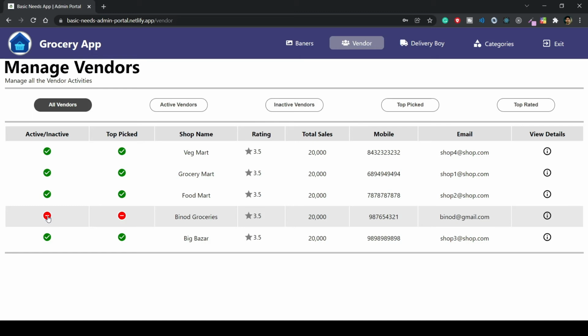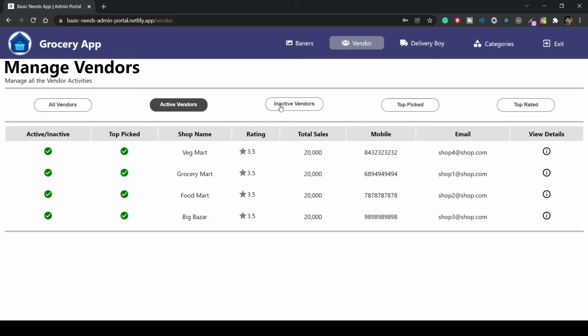If I want, I can click here and make it active. If I click here, it will be made active, and if I click again, it will be made inactive. The active vendors will be shown here, the inactive vendors here, and top picks here. Since the rating part is empty, we will not count it here, because the rating will only be available once users start using this application.